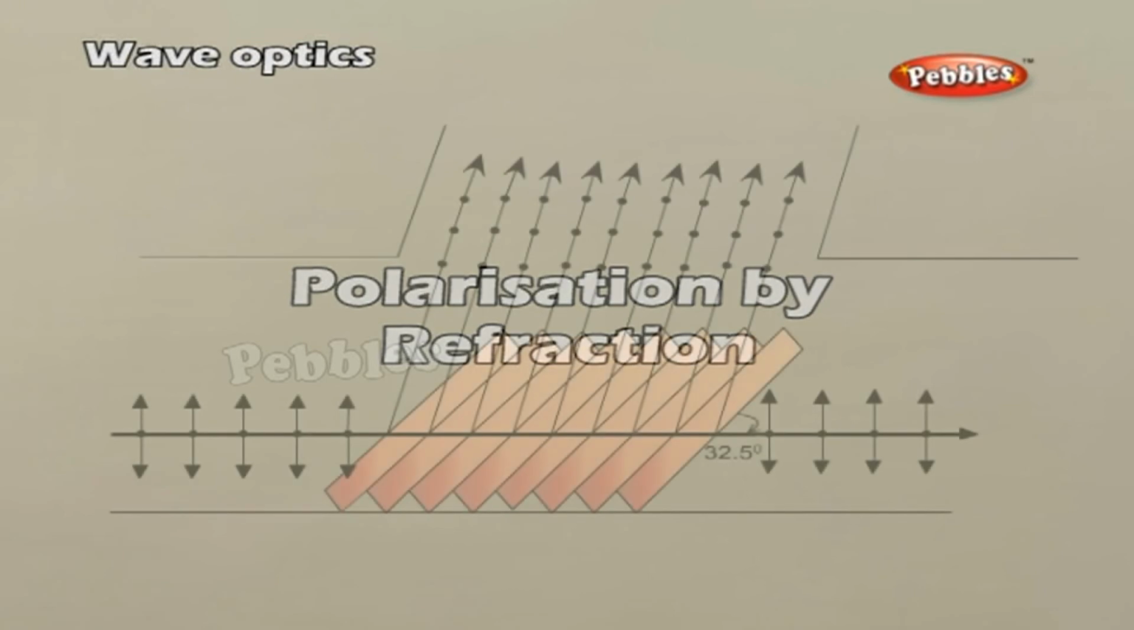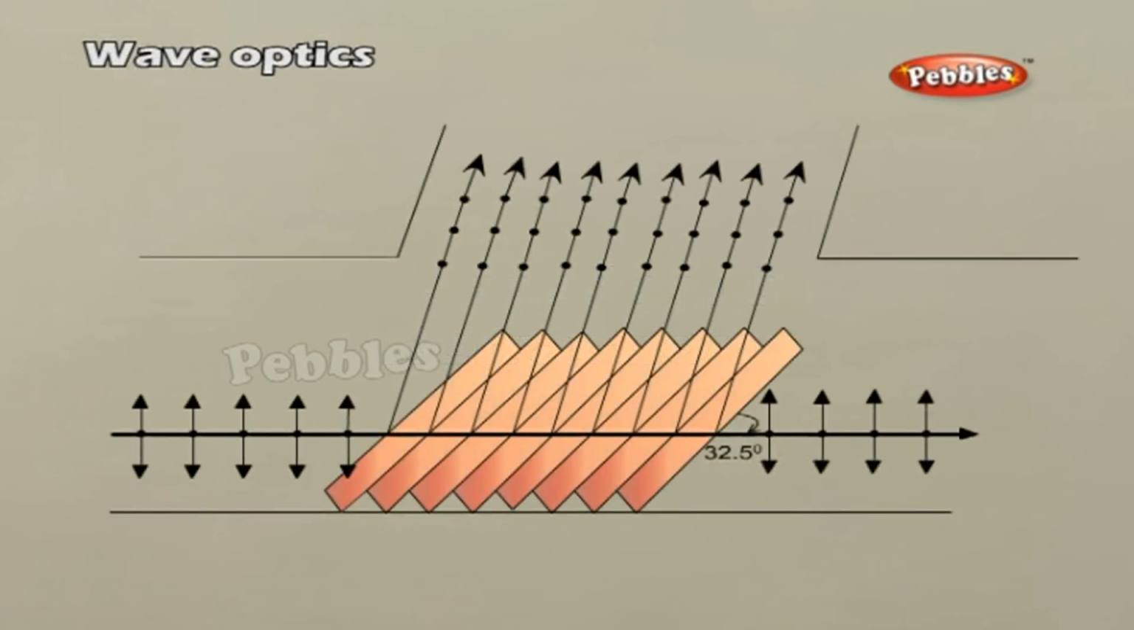Polarization by refraction. When we use a pile of glass plates, the transmitted light can be filtered in such a way that the dot components are eliminated by successive reflections and only the arrow components are transmitted as the light is refracted through them. A number of glass plates are arranged parallel to each other, one over the top of the other in a suitable tube. These glass plates are in contact with each other and are inclined at an angle of 32.5 degrees with the